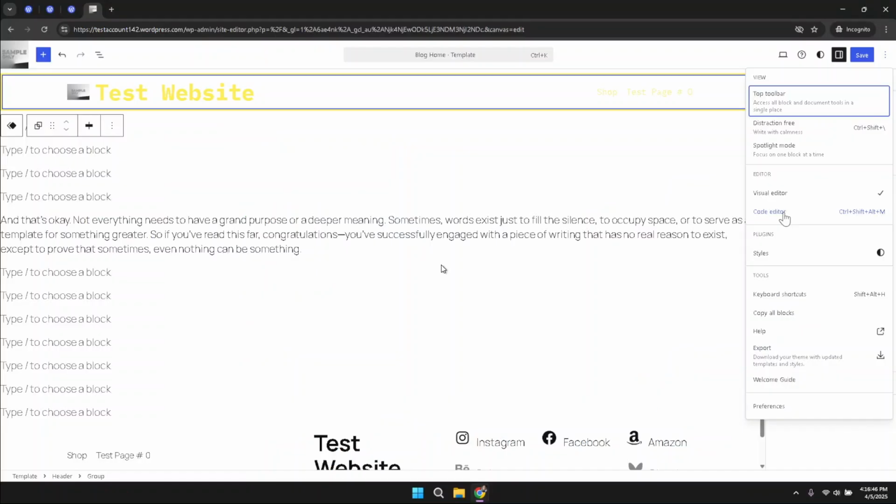And here you can see we are in our edit site, and this is the site that we have created for our test. Then what you need to do is simply click on the three dot icon in the top navigation right hand side. Here you will get the option of code editor, and here you have to just simply click on it,